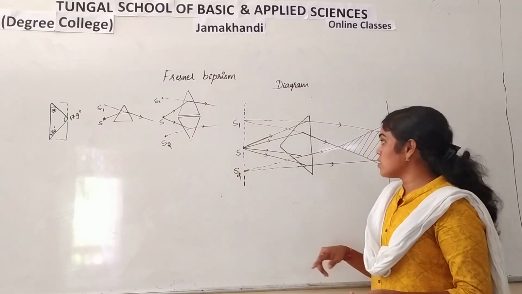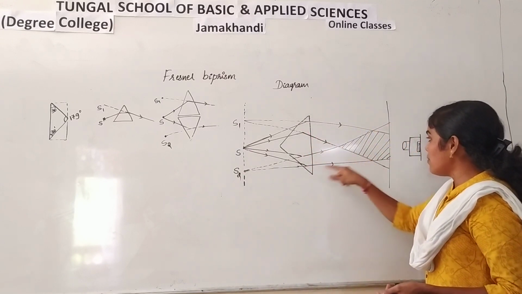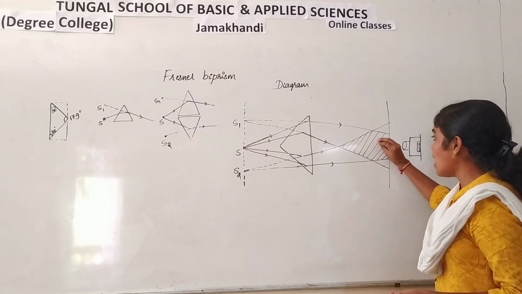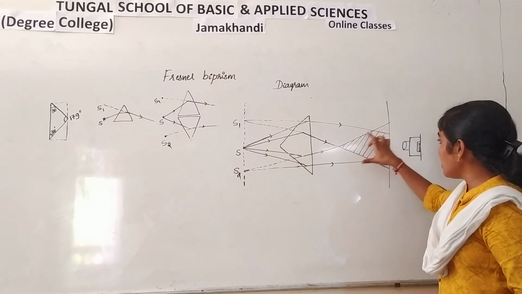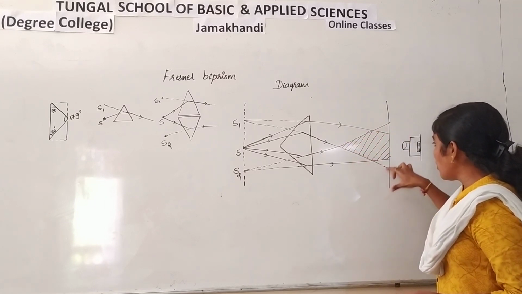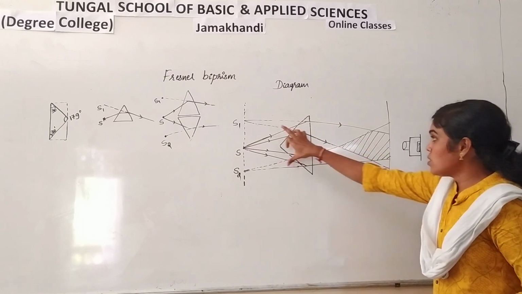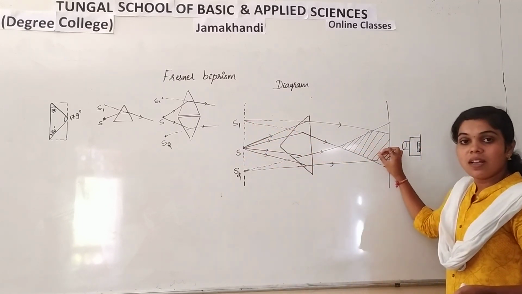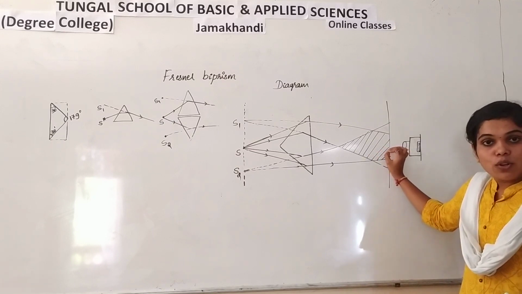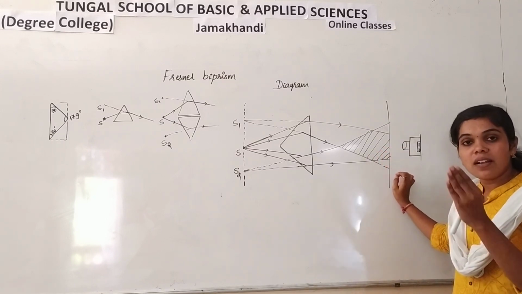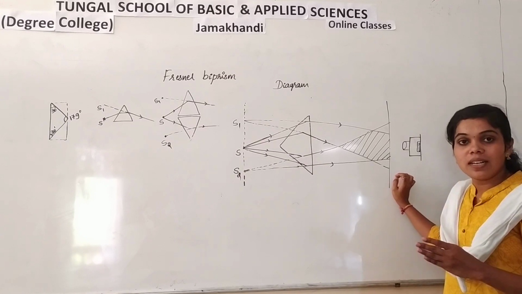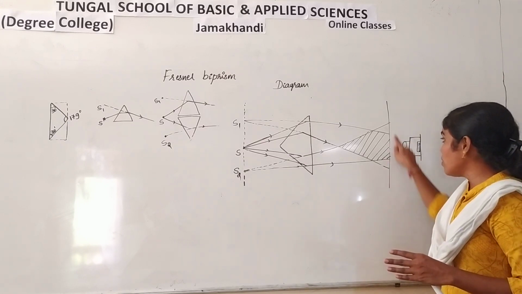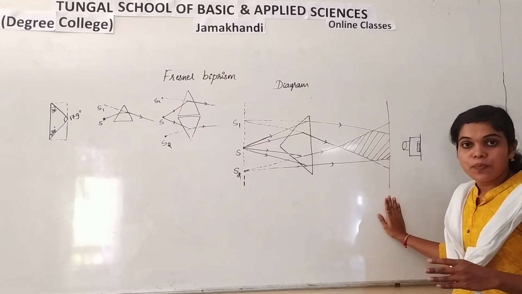So now S1 and S2 act as what? Two coherent sources. So after refraction, all these waves are going to meet, and in this portion the waves are going to meet. So the sources we have got are coherent and the waves are going to meet, meaning a continuous wave we are going to get. That is alternate bright and dark fringes of equal intensity we are going to get on the screen. This is the screen.